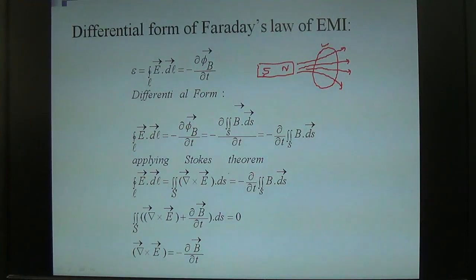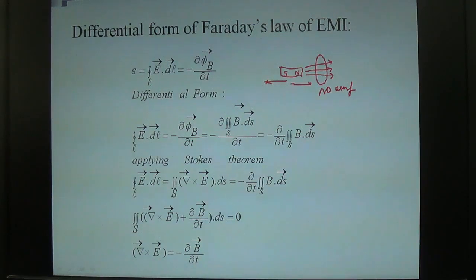This is the point. It is not possible if you keep the bar magnet at a fixed position, right? Here this is N S and this is the coil. If you fix it here and the magnitude of the magnetic field lines is not changing, then no EMF will be produced inside the coil. It will be produced only when you move the bar magnet in the forward and backward direction. So that is shown by the d phi b upon dt,